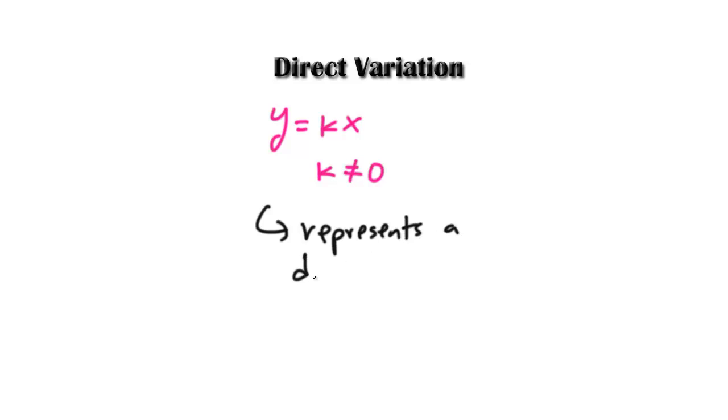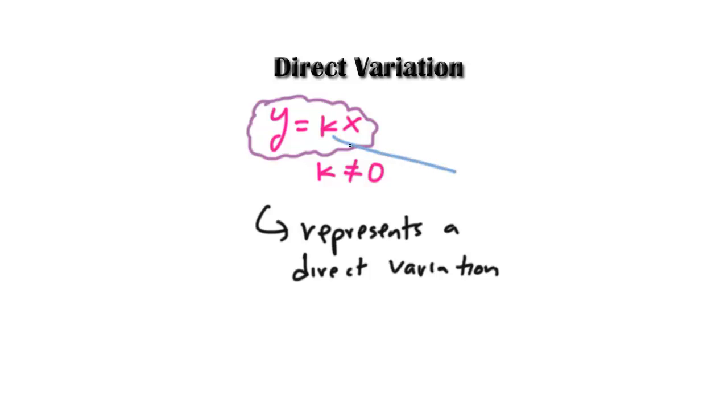a direct variation between y and x. Okay, so this is a direct variation equation, y equals kx, and the letter k is known as the constant of variation. Okay,